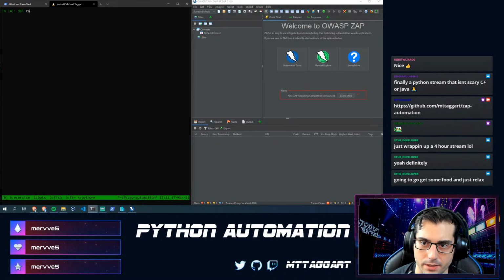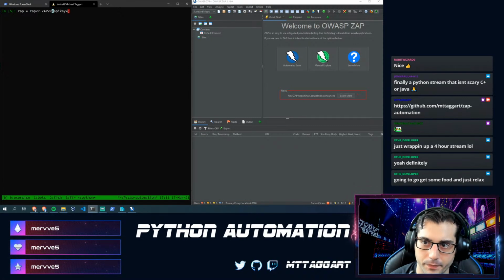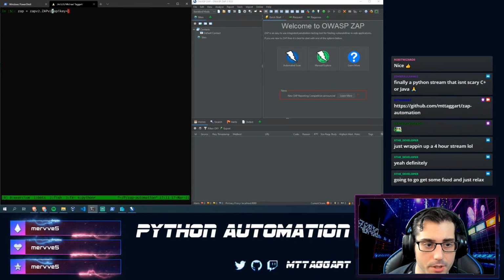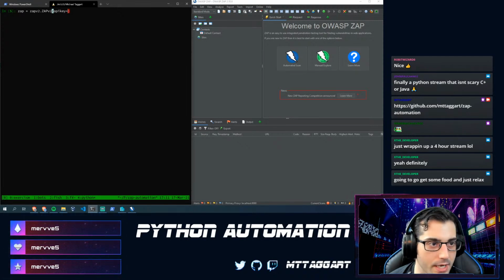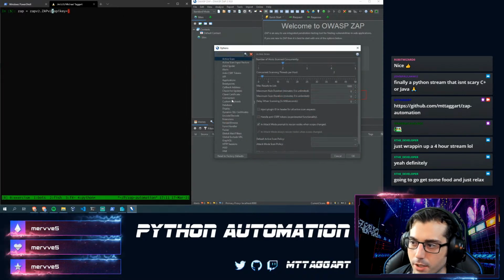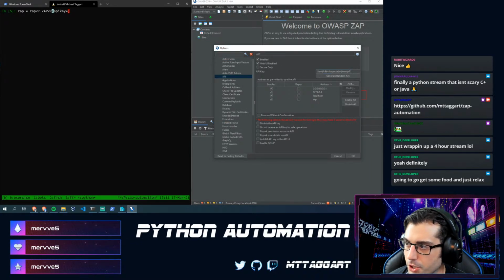So I'm going to delete the Zap and start that again. But this time, I'm going to give it the API key. Where does the API key come from? The API key is local to your instance of Zap, and you can change it. You can make it whatever you want, but you're going to see it here in Zap in the settings, in this tiny little gray gear here. And you're going to find an API section. There's your API key.